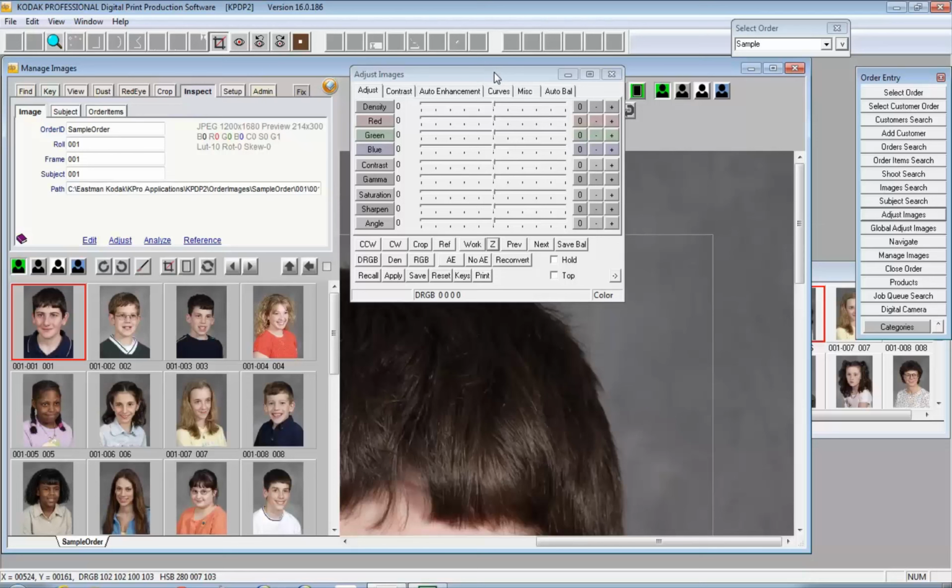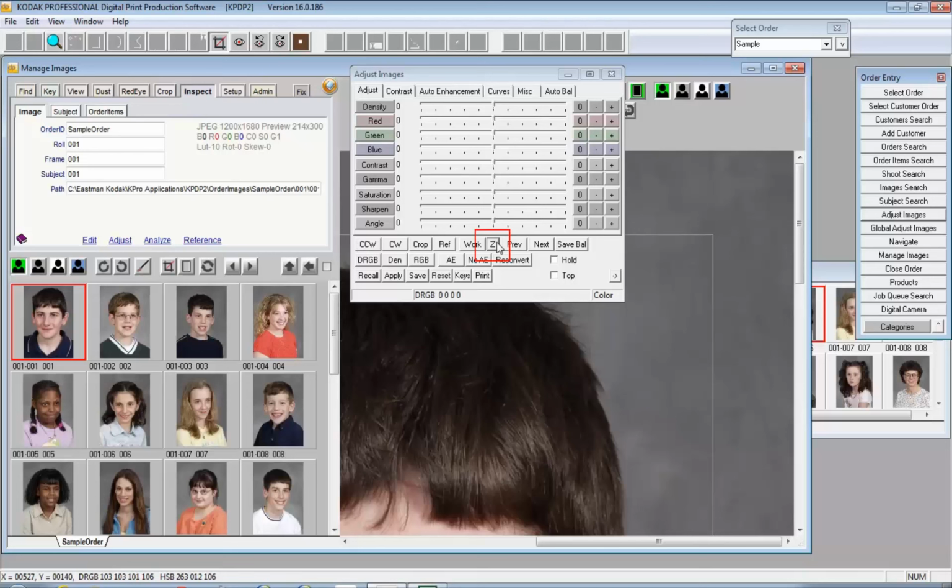And again, Adjust Images is for interactive use. It is the manual way to do much of this, although you might be using a Wheelman to speed up the process if you are using Adjust Images. It's also one of the few places that you can get to a wide variety of very specific controls; it's a feature-rich interface. So the Adjust tab, which is the first tab in DP2, will allow you to get to some of the basic corrections: density, red, green, and blue; angle, which will allow you to change the angle of the image. Down below, we have a set of tools that allow you to interact with the auto balance,